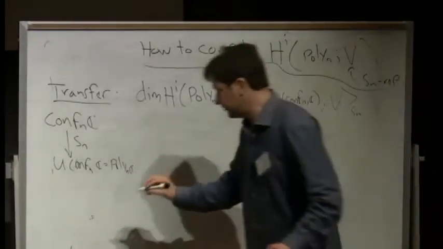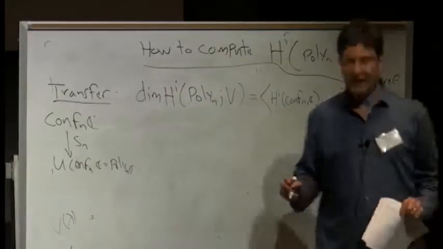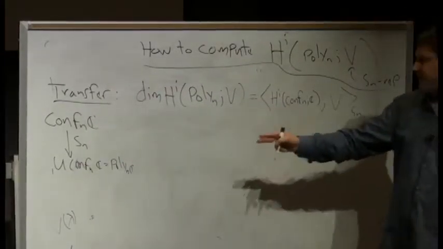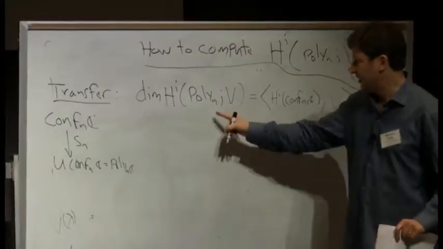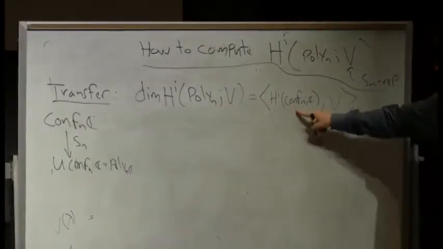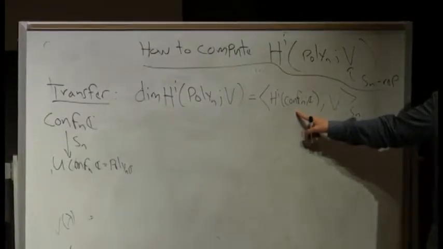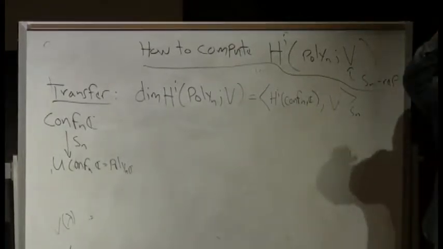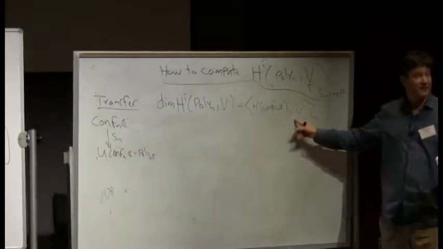Like in Vic Reiner's talk, he was talking about these V of lambdas, these irreducibles. In fact, computing any of these, it's enough to do it for irreducibles. So now you need to know, what is this with coefficients in V of lambda? Well, decompose this into a sum of irreducibles. It's V of this partition to the first power, V of lambda to which power? That's what this is. Okay?